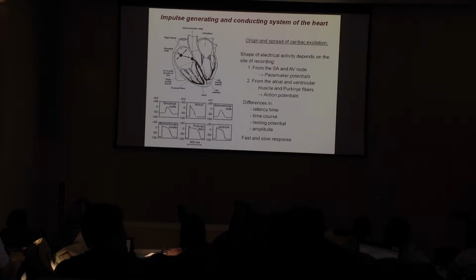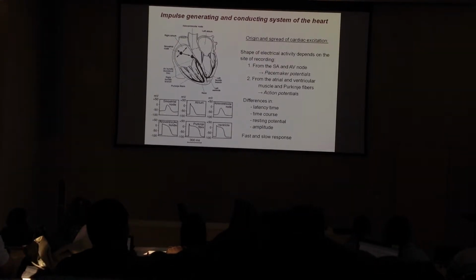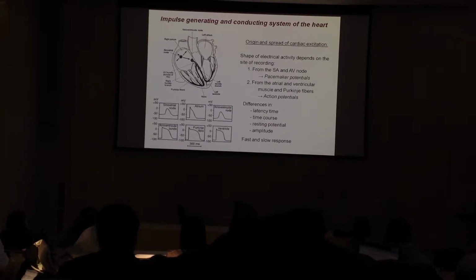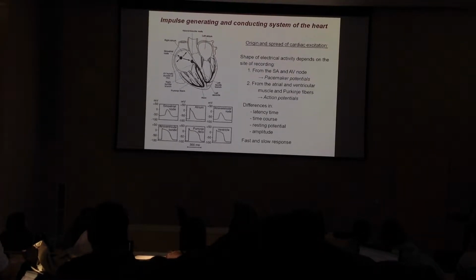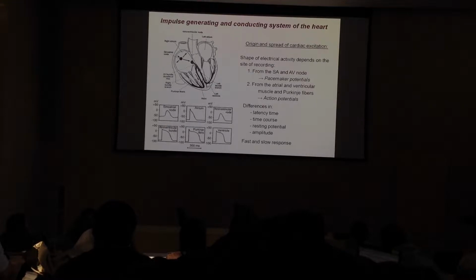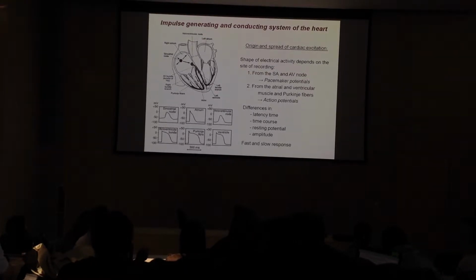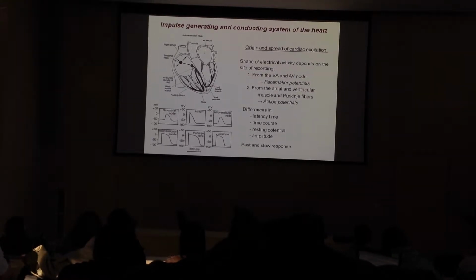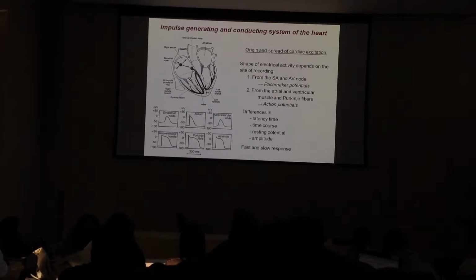Now, if we record the action potentials, you can see that there are very severe differences between what we can record at the SA node or the AV node, and those that originate from the atrial